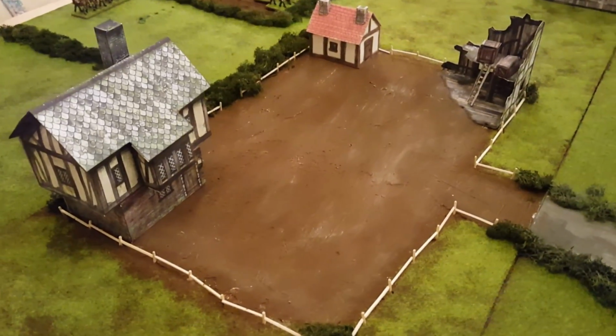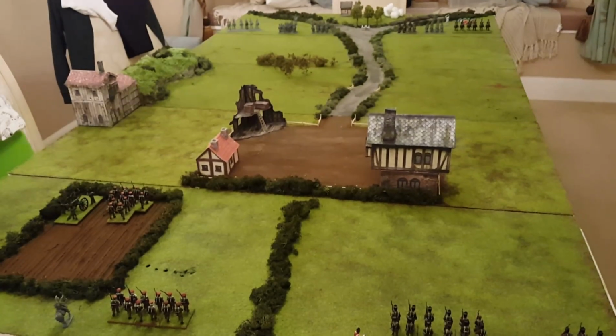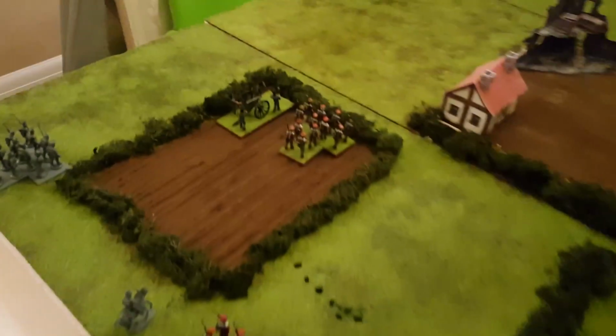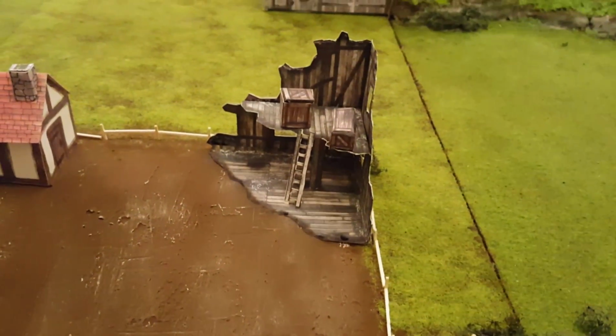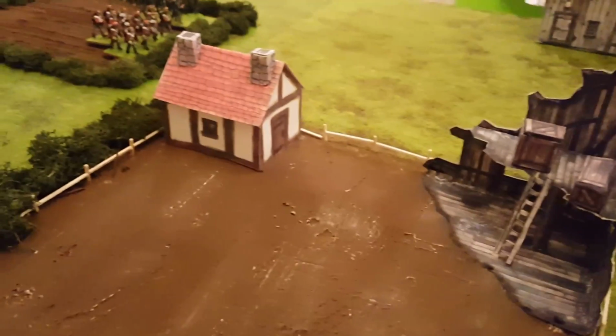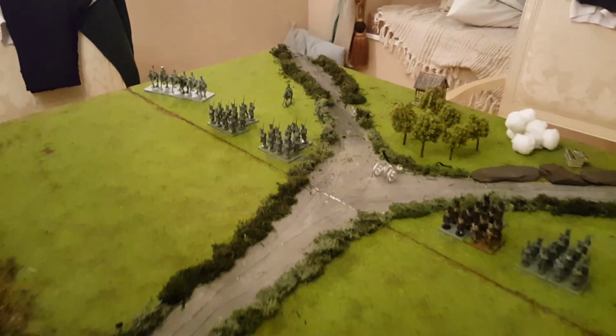Before I start, I want to show you guys I've finished the table. It's all complete. I have the plough field, this built up area with the Tudor house, a ruined house that's taken fire from artillery, just a normal little house. That's like a little courtyard area, and then the road leads down to this end. So for the battle,